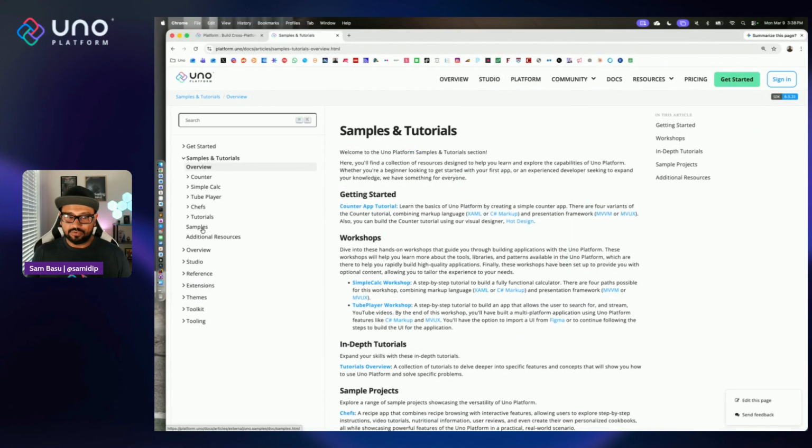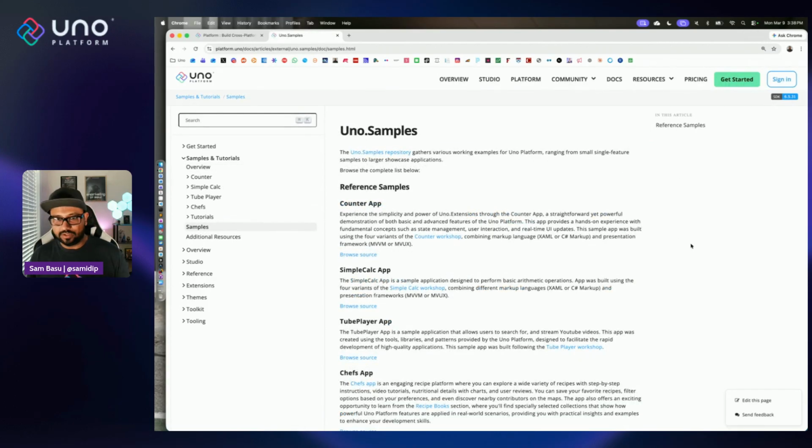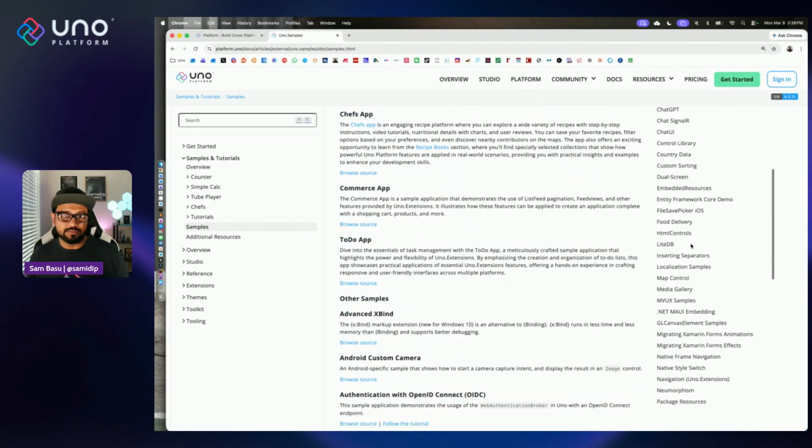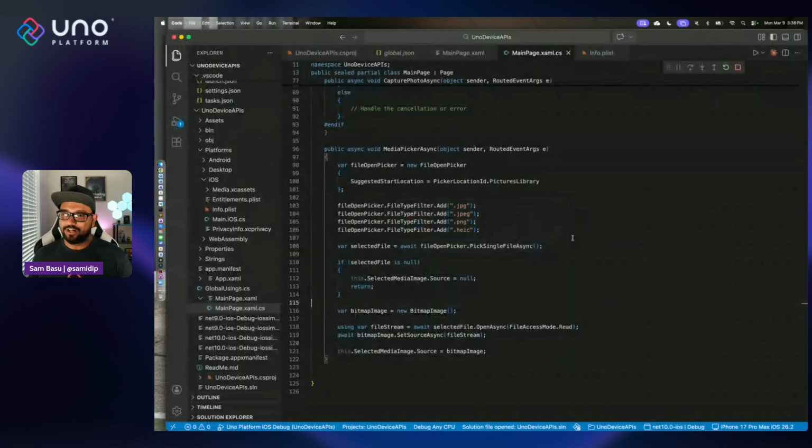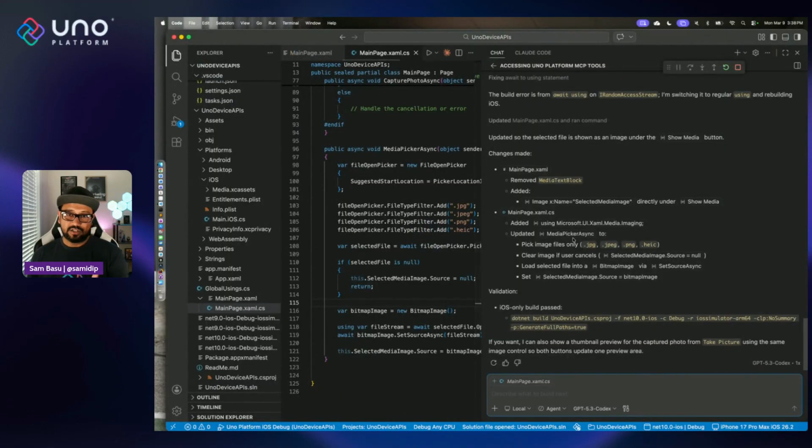So take a look at some of those samples. Pretty much anything that you are thinking of doing, it probably has already been done and covered. So take a look at the docs. And if you don't want to look at the docs, then stay in your IDE, stay in your terminal. Just make sure you have the MCP tools, and it's going to go and pull up the docs. It's going to do a search, bring back the exact documentation that you need to be able to wire up these APIs and